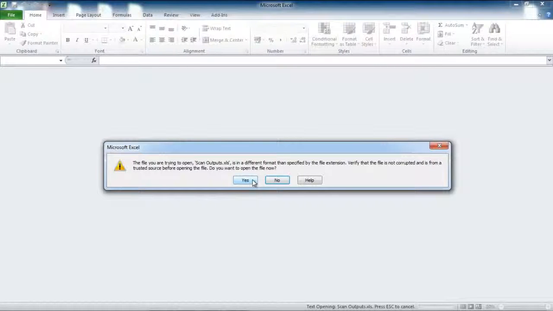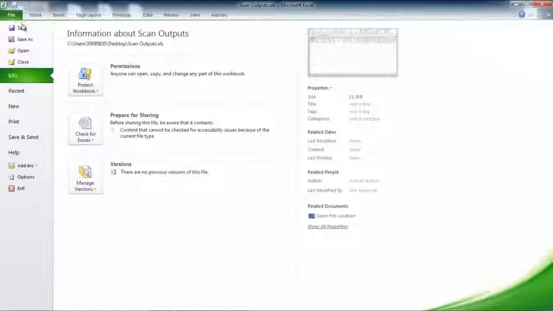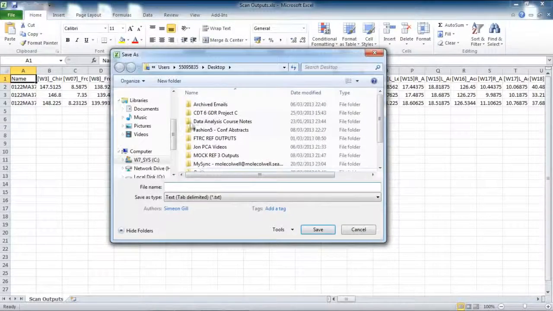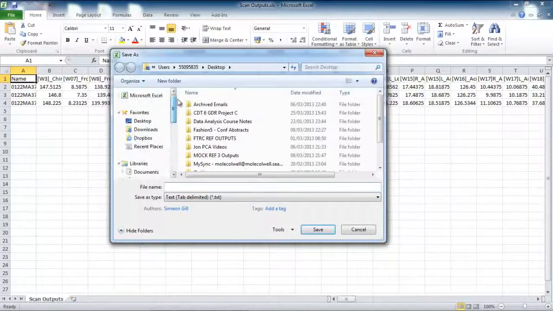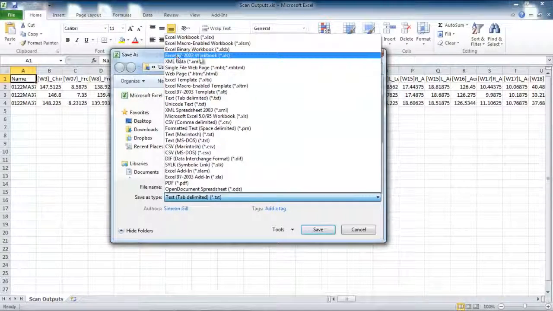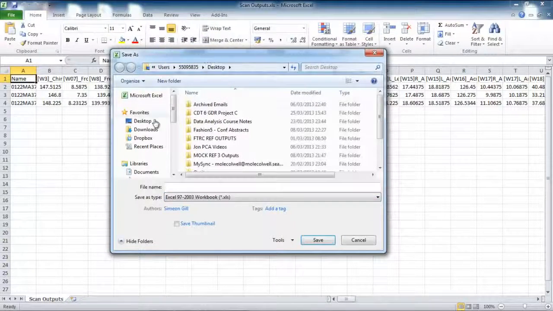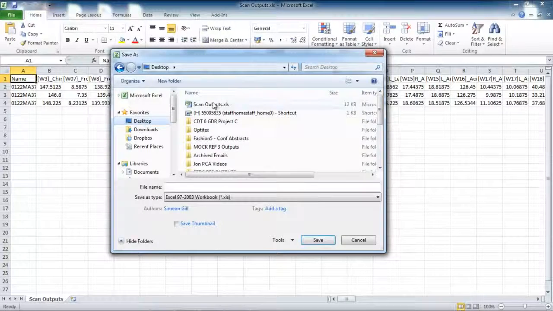you'll see it's saying it's in a different format, so it's saved it as tab delimited text. Just say yes for now to open it, and then what you'll need to do is File, Save As, and you'll see tab delimited text is what it's been saved as. You can change this to either an Excel XLS spreadsheet or to an XLSX spreadsheet. Either is up to you, and you can then overwrite the original with this,